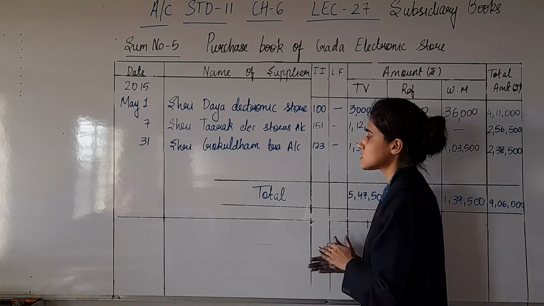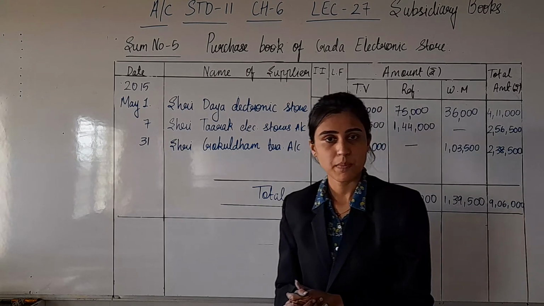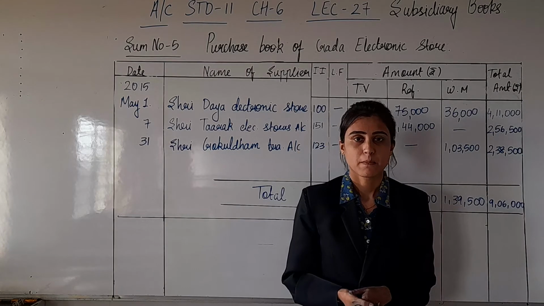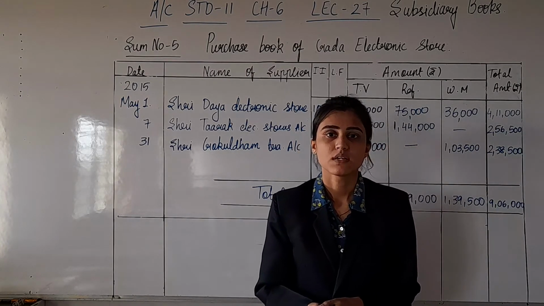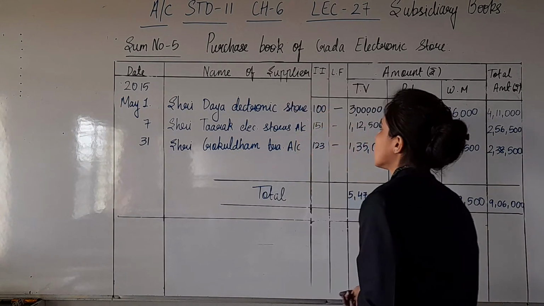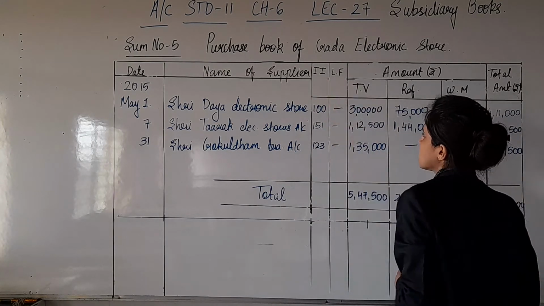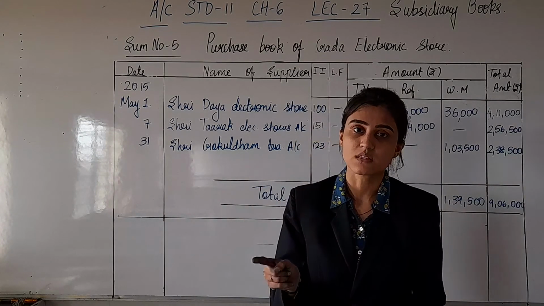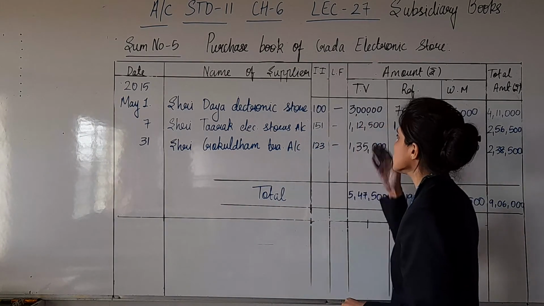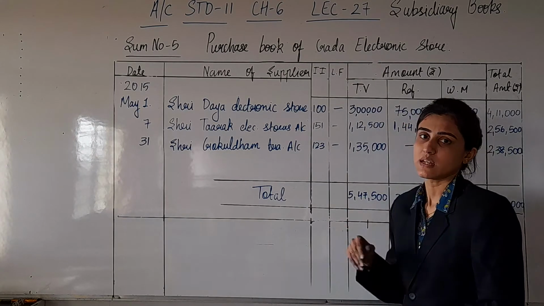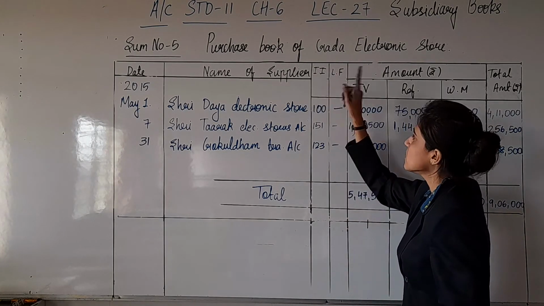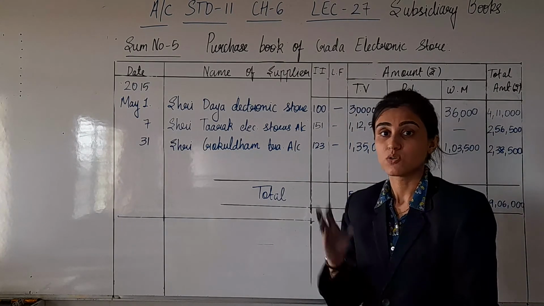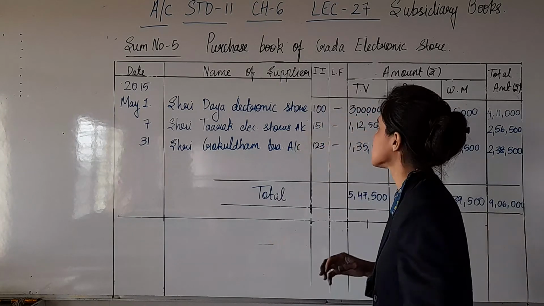Here you are purchasing goods on credit, and while preparing the sales book, you are selling goods on credit. That's the only difference. So instead of inward invoice, it is outward invoice, because the bill goes out, you will be sending the bill. Here you are receiving the bill and later you will be sending the bill. So it is the outward invoice number. Invoice is bill. You cannot say outward outvoice number. No, you cannot do that.